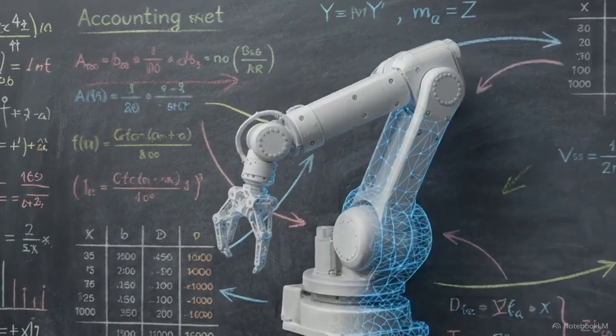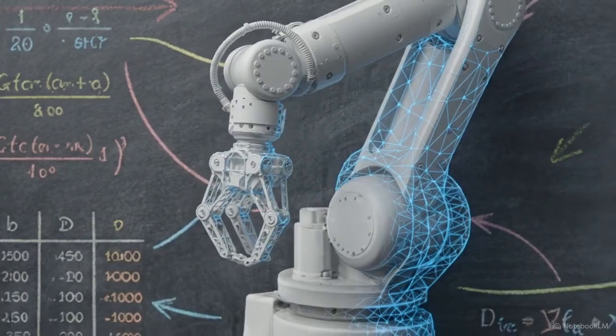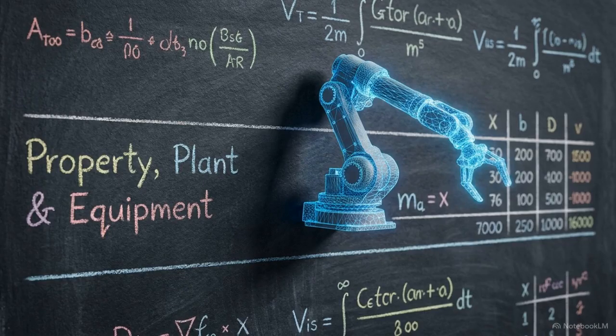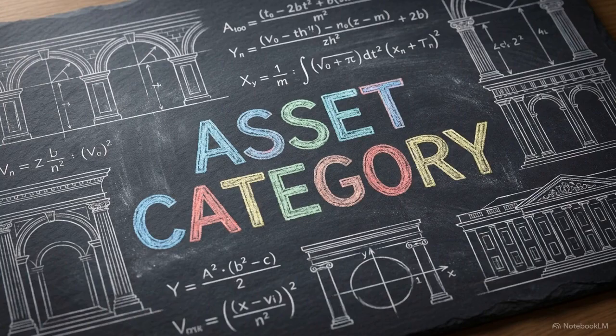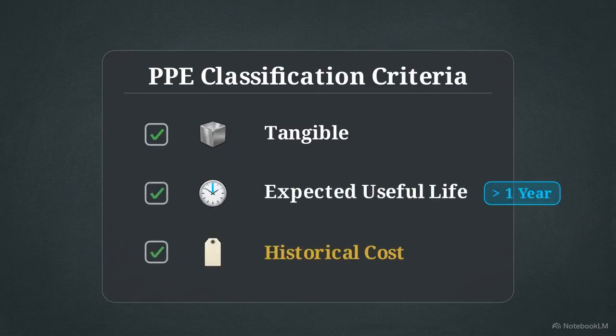Before a piece of heavy machinery can be depreciated, it has to be conceptually translated from a physical object on the factory floor into a structured data object on a balance sheet. This data object is categorized as property, plant, and equipment, or PPE. To qualify, these assets must be tangible. They must have an expected useful life greater than one reporting period, and they are initially recorded at their historical